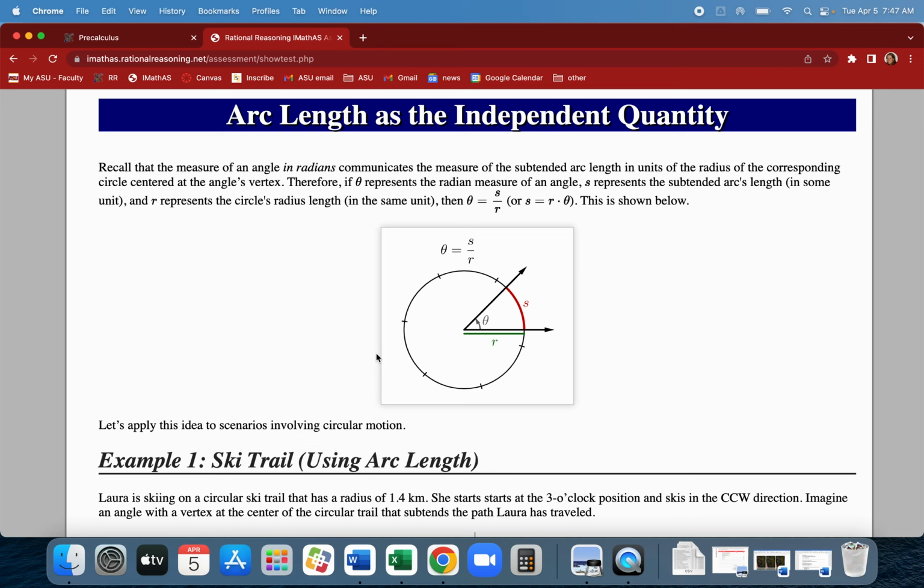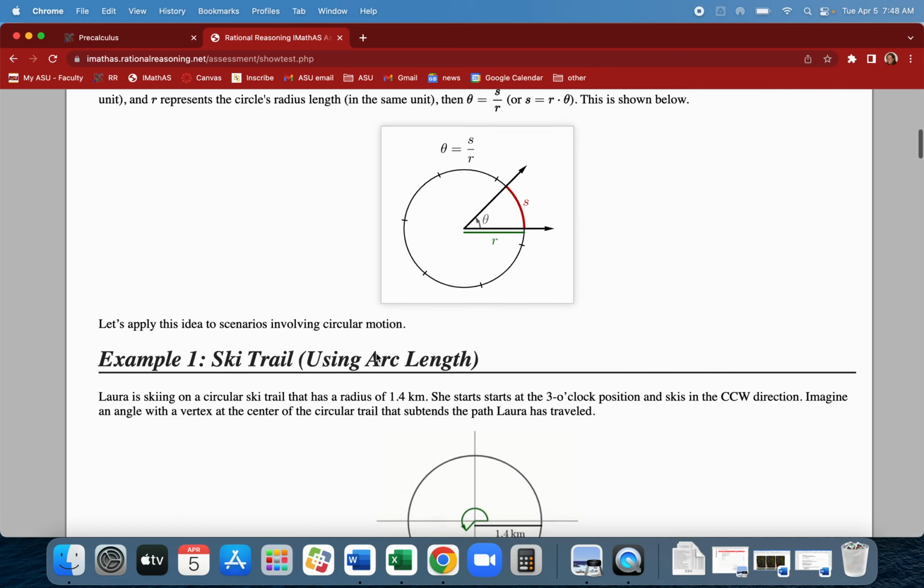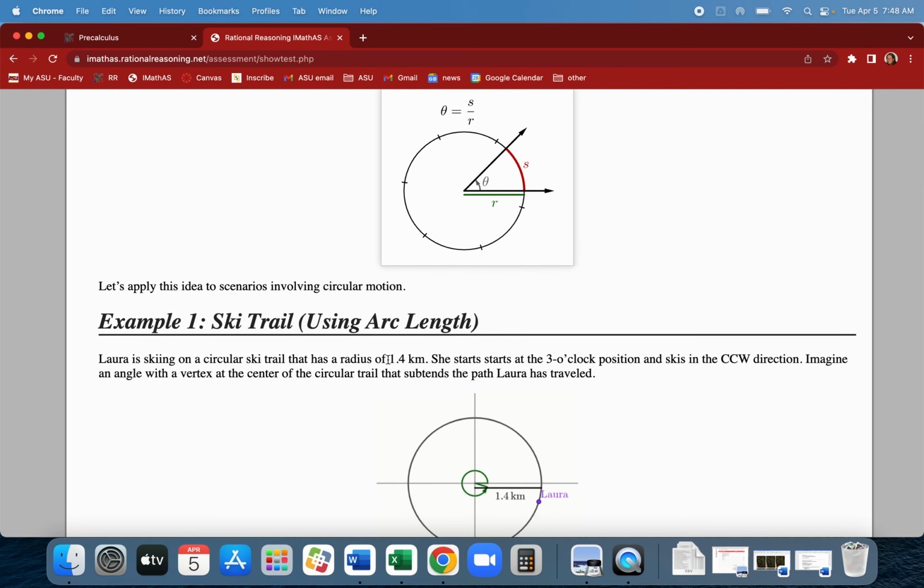It's just a matter of realizing that if I know my angle, I can certainly find the arc length, which we didn't have to in the last question. We just needed the angle. But if I know the arc length, the distance around this circular path that we've traveled, or the arc length subtended by some angle, then I can find the angle too, as long as I know the radius. So suppose she's on a ski trail, still the same ski trail, 1.4